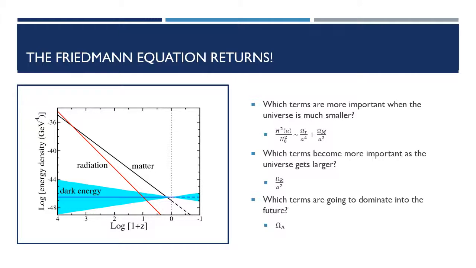And here's just a plot of the energy density as a function of redshift. So z equals 0 is at present, and going back into the past, those are different eras in time. And then, of course, the curvature of the universe will become increasingly important as the universe gets bigger. But in the future, and even at present, it turns out that as the universe gets bigger and bigger and bigger, the relative impact of the fractional energy density of radiation and matter and the curvature are going to become negligible, because the only term that doesn't decay is the fractional energy density of dark energy.